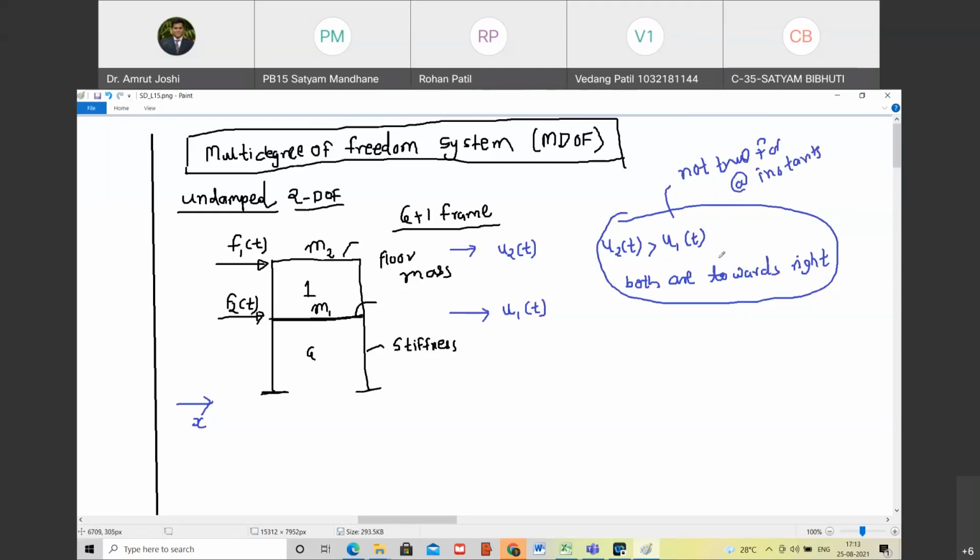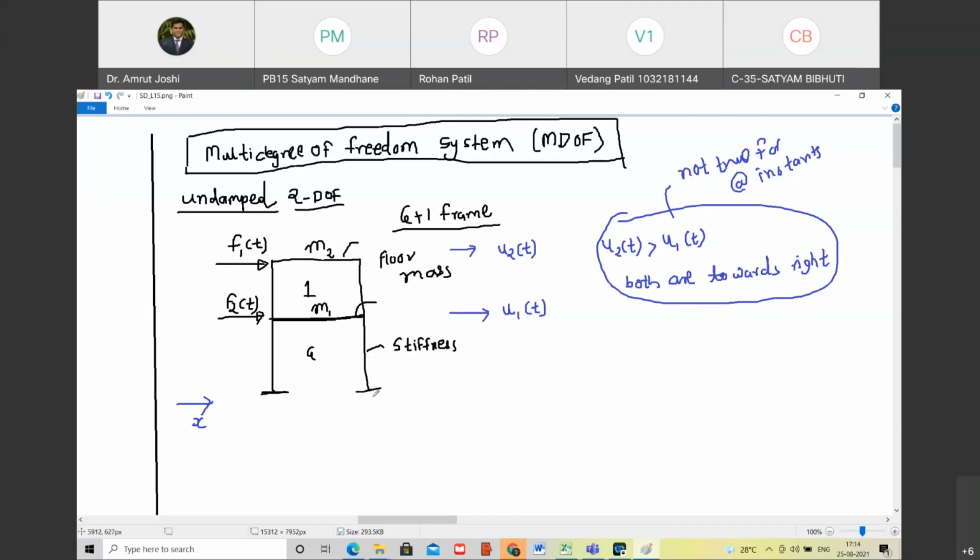But I start with this. If after the analysis I get a negative sign, I get to know that there is a contradiction. Originally assumed senses are not correct. Are you with me, Shreyas? Yes, sir. Okay. Now, tell me, look at the columns of the ground story and the columns of the first story.